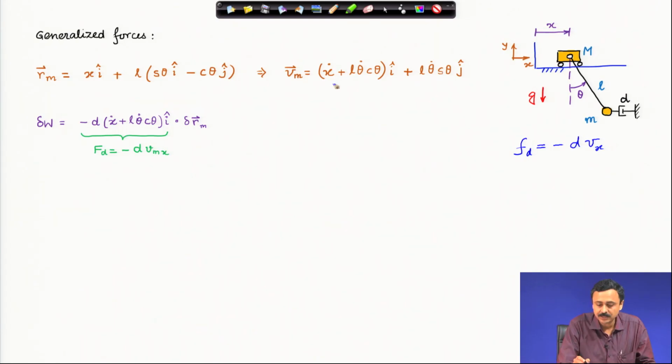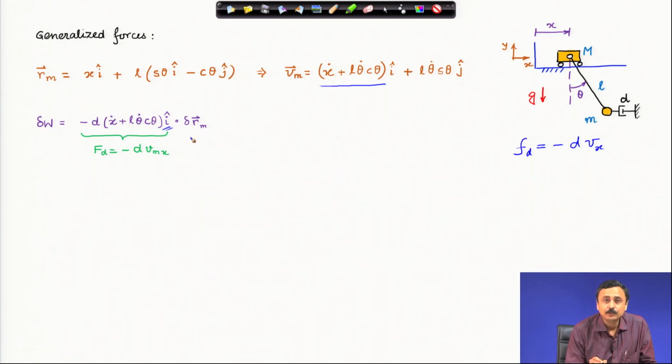What is the velocity in the x direction? That we know from the expression of velocity of the bob. Therefore, minus d times the velocity of the bob in the x direction, that is the force, and that is in the i cap direction,